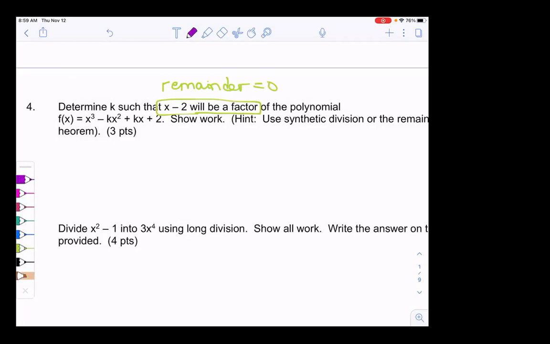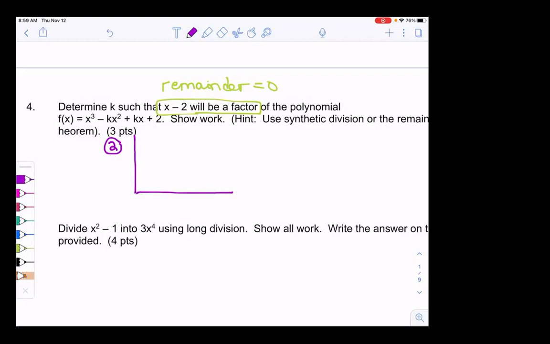We would divide by positive 2. So if you're using synthetic division, we are going to divide with positive 2. Now it says use synthetic division or the remainder theorem. I'm going to show you both ways. So if I use synthetic division,